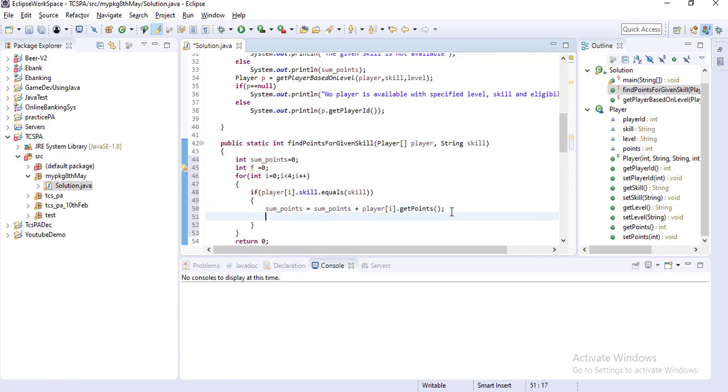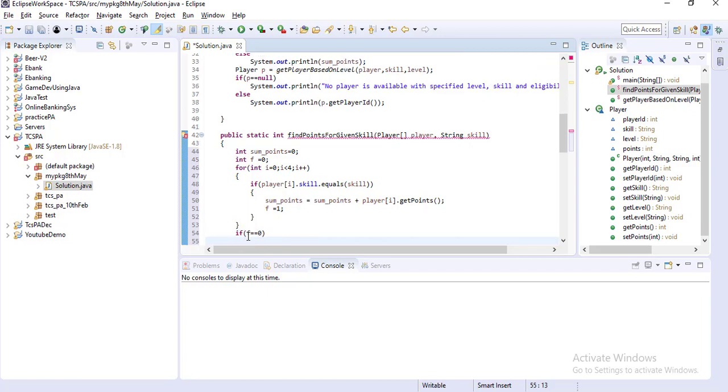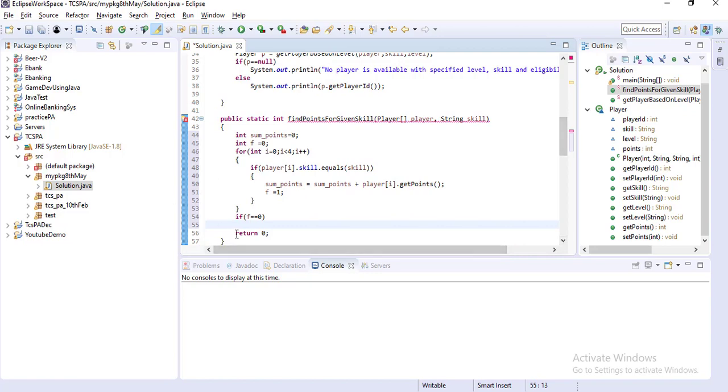If this part executes, then I will set flag equal to 1. After the loop I will check if f equal to 0, which means no condition matched, so I will return 0, else I will return sum_points.